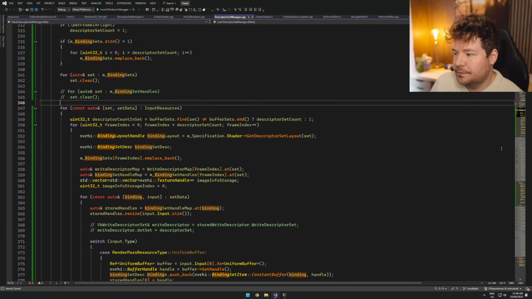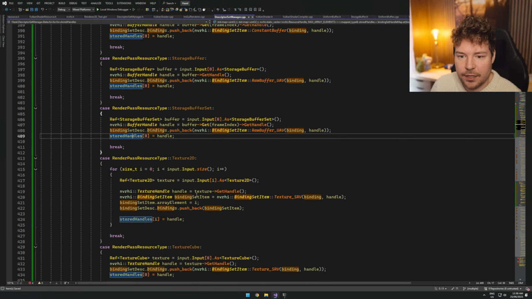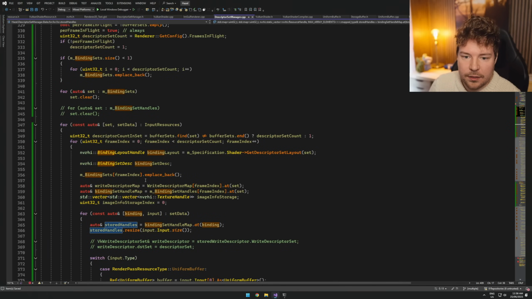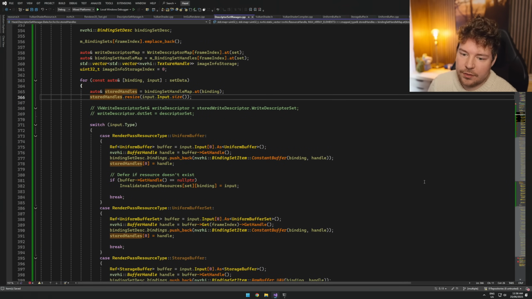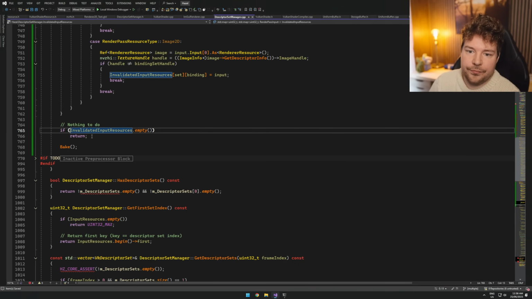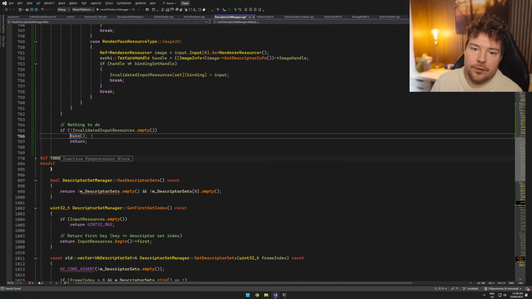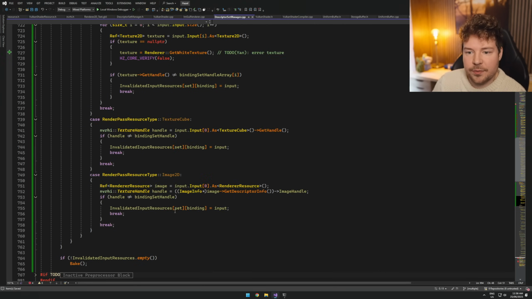Okay, whatever. Yeah, and let me just make sure that we... yeah, so stored handles resize to the input size. And I think we just override everything, so it really shouldn't matter. But yeah, if it's not empty, we'll basically bake. So that's what we've changed it to, which is a bit